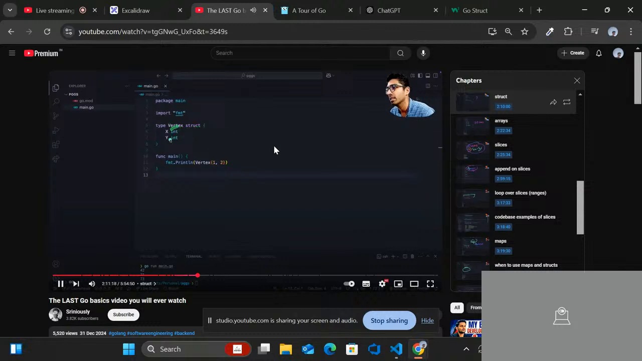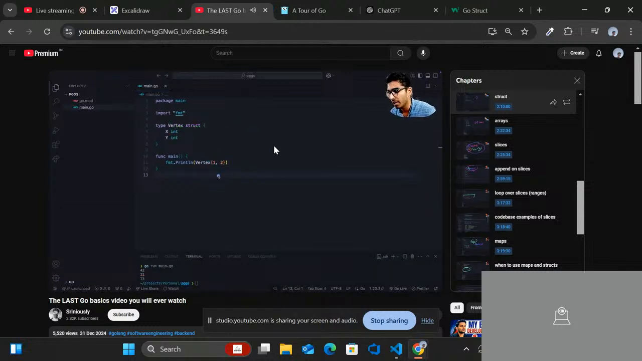Then x is an integer, y is an integer, and we are assigning them to a struct which is called Vertex. And now we can print this. We print it, and we get this string representation of the struct, which is {1 2}. There are also other